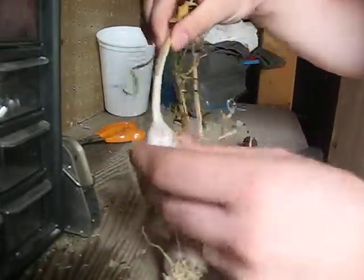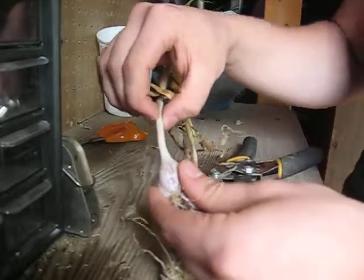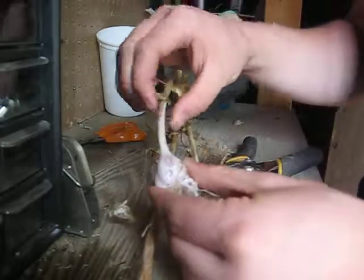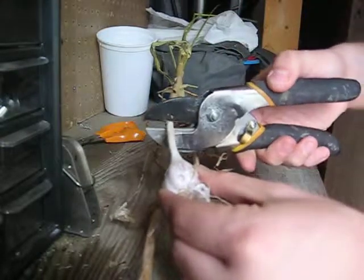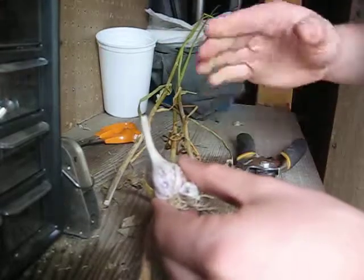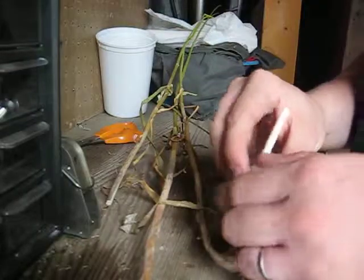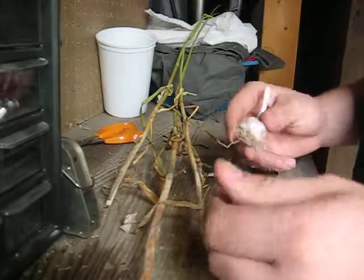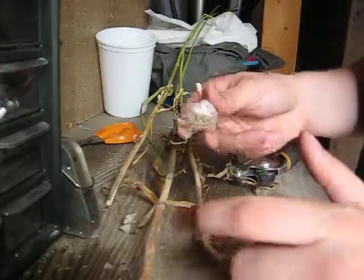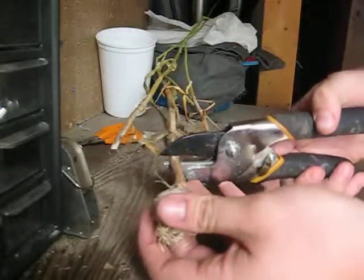You're going to take the bulb and you're going to want to look about right here, about an inch or two above the top of the head of the bulb on the neck, and that's where you're going to want to cut it to prevent any molding from growing around that area, because if you cut too close it's still wet and mildew and mold can grow, and you don't want that because it prevents germination and it can rot out your entire garlic bulb, because we have experienced that before. So again, about 2 inches above,